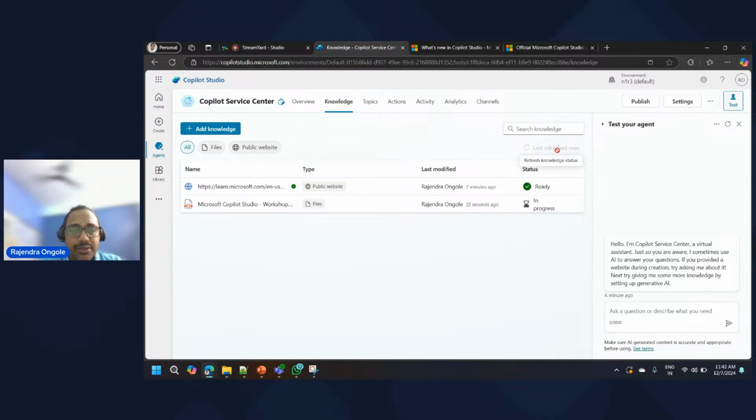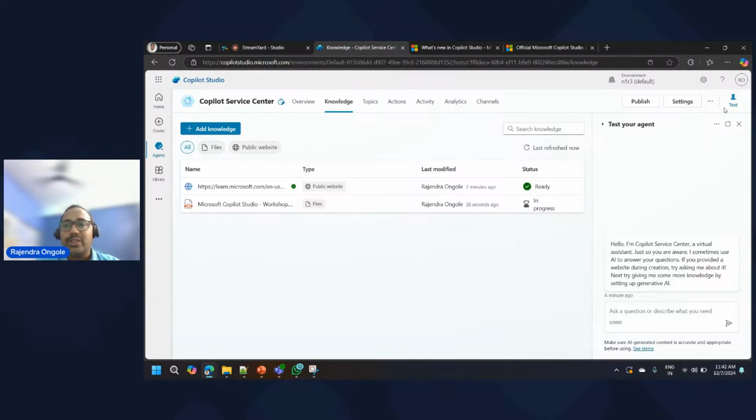You can see the last refreshed. Maybe if you are configured with your databases like Dataverse files, Dataverse tables, and if you want to see the latest web links like your internal portals, we can also see when it was last refreshed. And here are some important functionalities before publishing,